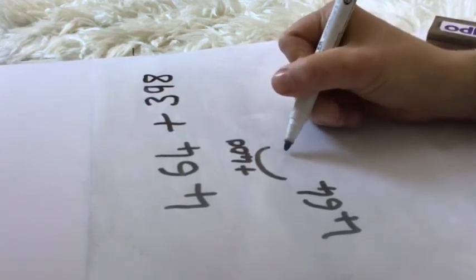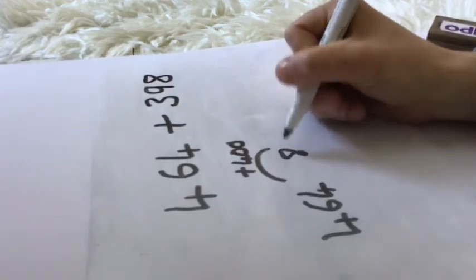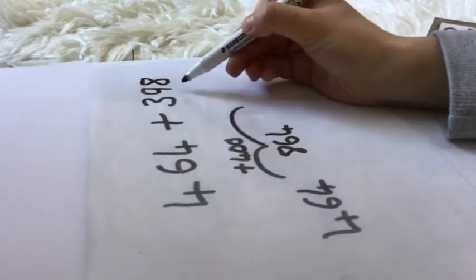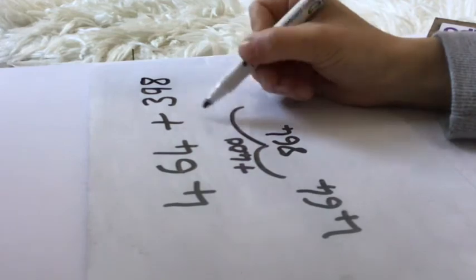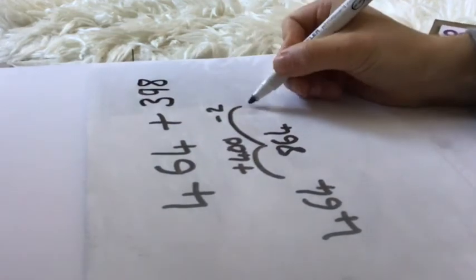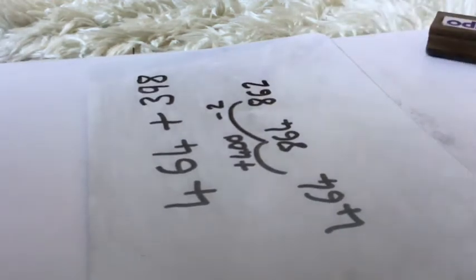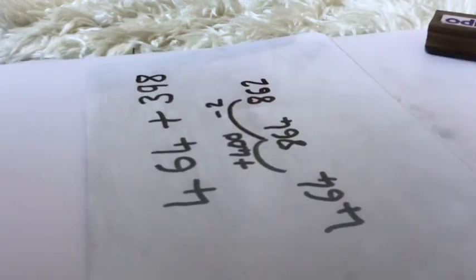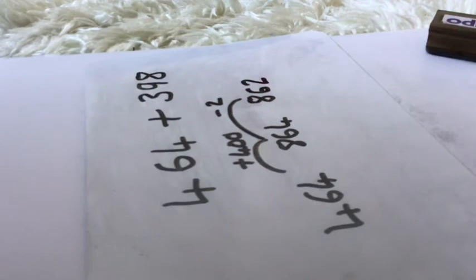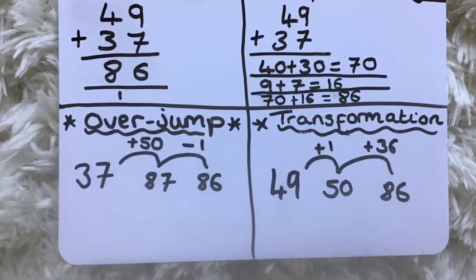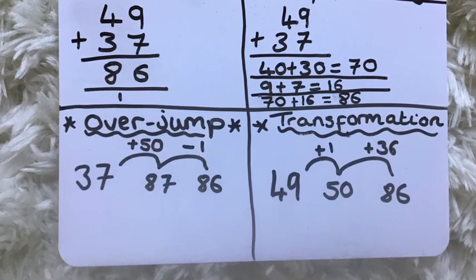So 464 add 400 is 864. Now we're only meant to add 398, so we've added 2 too many. Take 2 away, which gives us 862. Brilliant method, please use it, but remember, only really use it if the number ends in an 8 or a 9. Sometimes if the ones are bigger, then you'll need to carry over, so please bear that in mind if you're